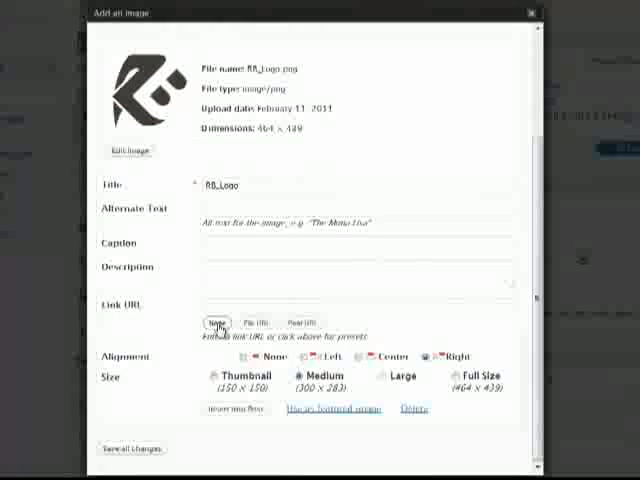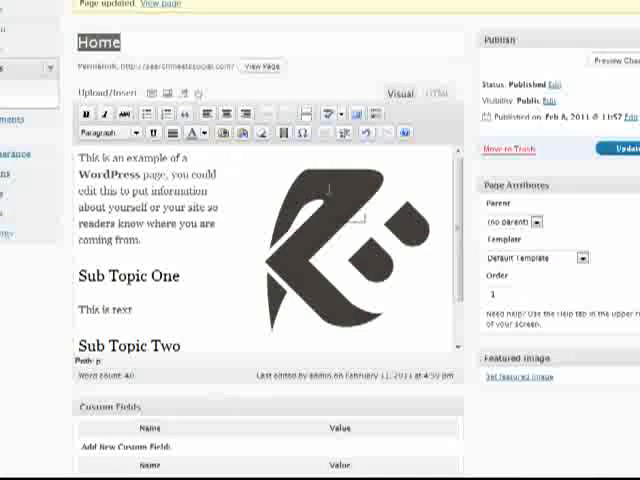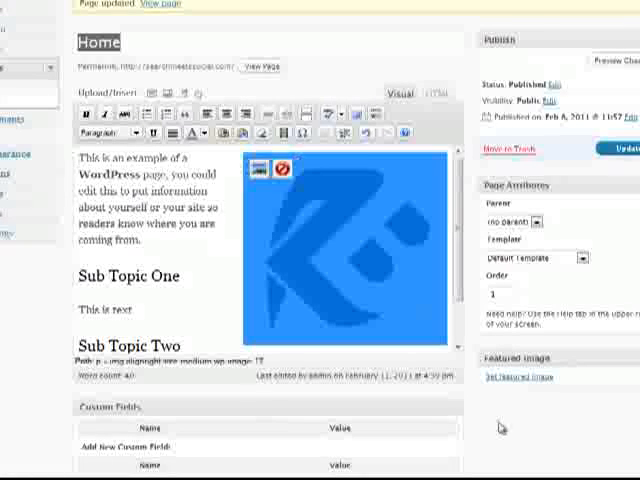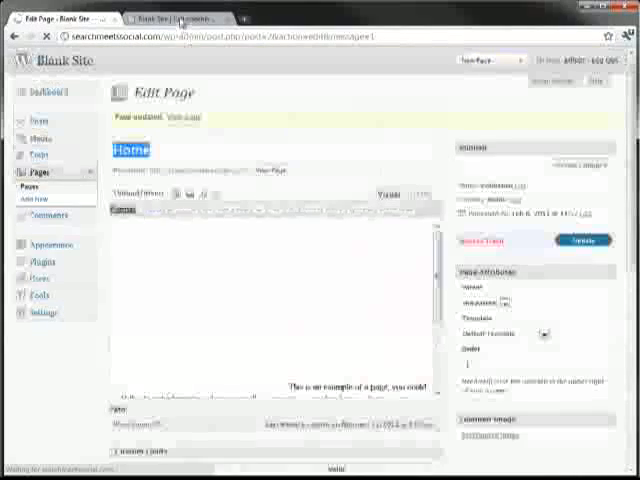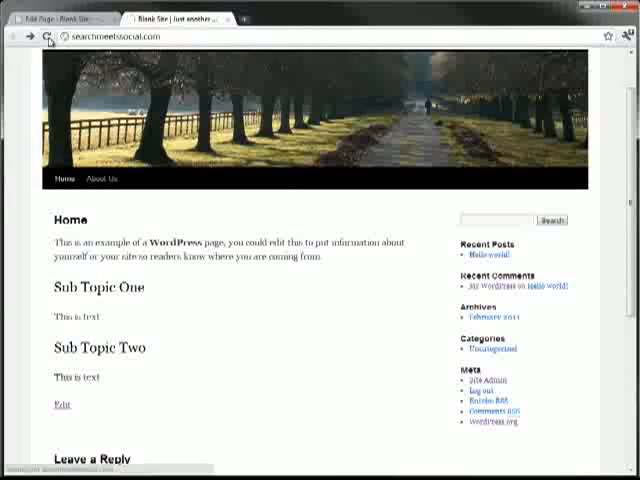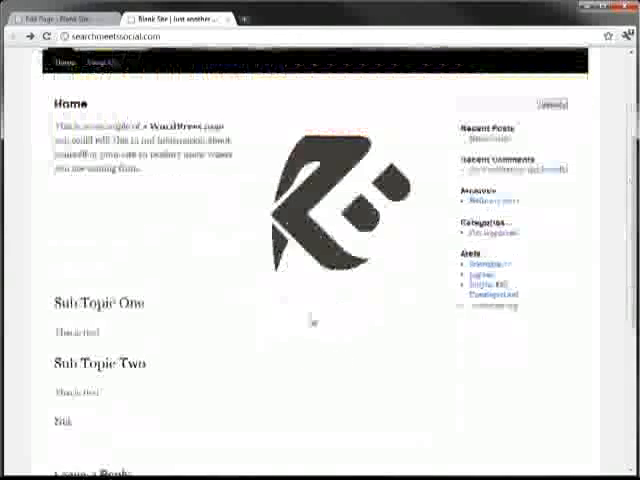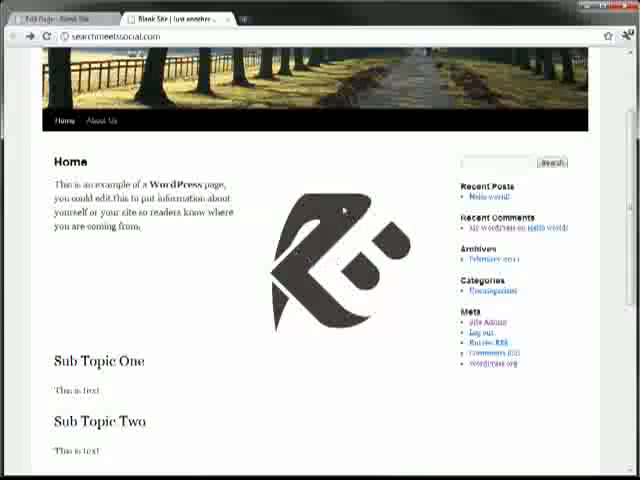I recommend putting no for link. You can align to the left, to the right, or no alignment. The size, and insert into post. It's now automatically right there in the site. At this stage, let's hit update, come back to our website, and refresh, and see how things look. So there it is. Just like that, we've pushed this image